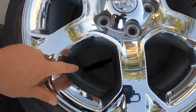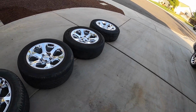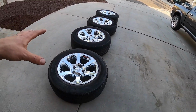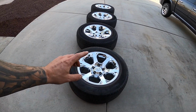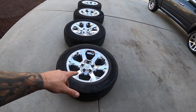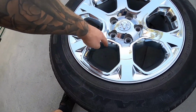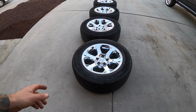They're all clean too, but I'm trying to decide what to do with these. I haven't quite decided just yet. Part of me wants to plasti dip them and see how they look in black, because they probably look like the 5th gen ones. 5th gens have a very similar design with these 6 spokes and this honeycomb thing in black. So I was thinking it would look cool to try that,